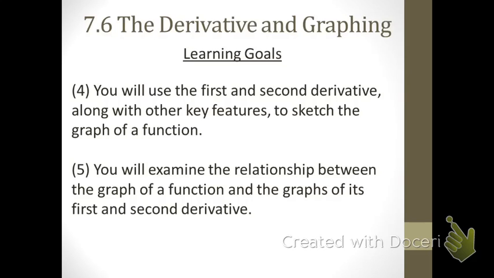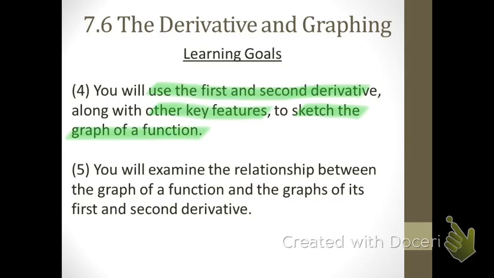This has been a very packed section in which we're trying to see how you use the first derivative and the second derivative in order to analyze the graph of a function. What we're getting ready to do right now is go with learning goal 4 for this section, which is that you are going to use the first and second derivative of a function along with other key features, vertical asymptotes, horizontal asymptotes, x and y intercepts, in order to be able to sketch the graph